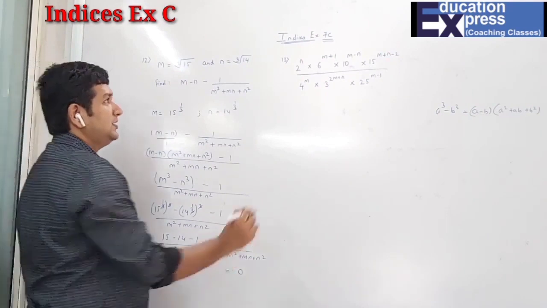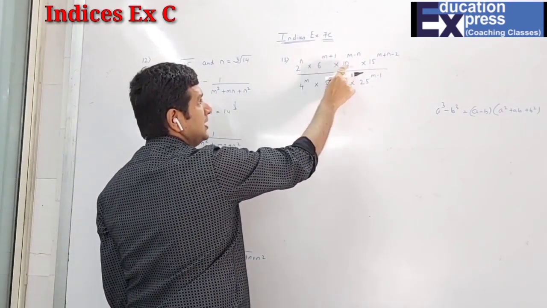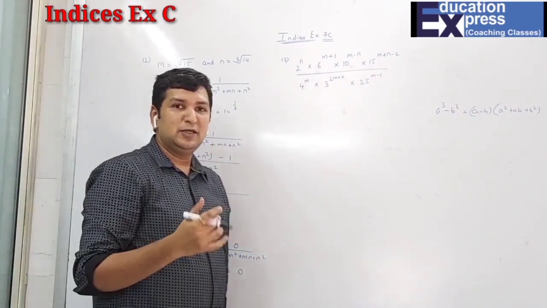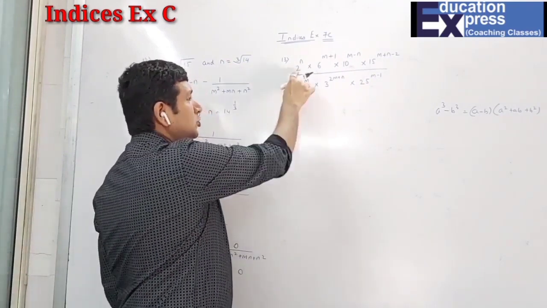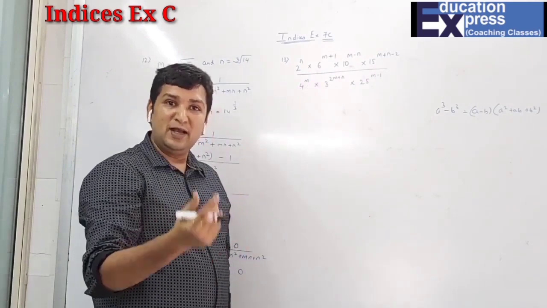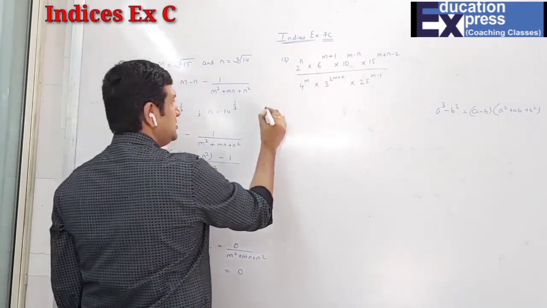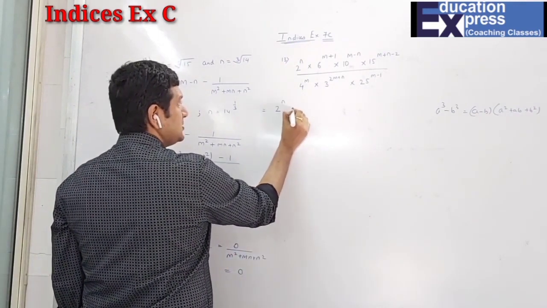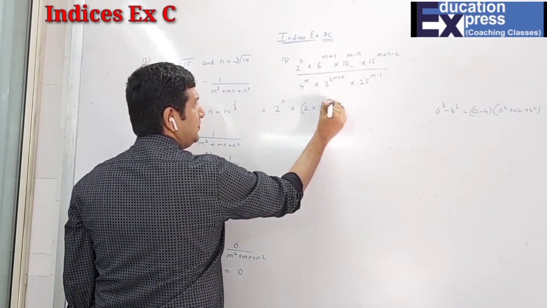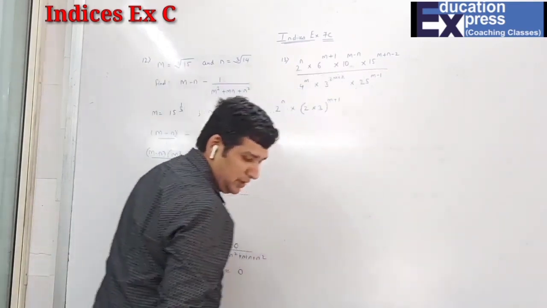Understood, students? Next. Now here you can see there are so many bases, 2, 6, 10, 15, multiple. So what you do is, you will just expand them. Expanding means 2 can't be expanded, 6 is 2 into 3, 10 is 2 into 5, 15 is 3 into 5. And then afterwards you will see which numbers have the same base. So first you just expand and get things over here. This will remain as it is. Instead of 6, I can write 2 into 3 and bracket m plus 1. First please see this sum, a little lengthy sum.